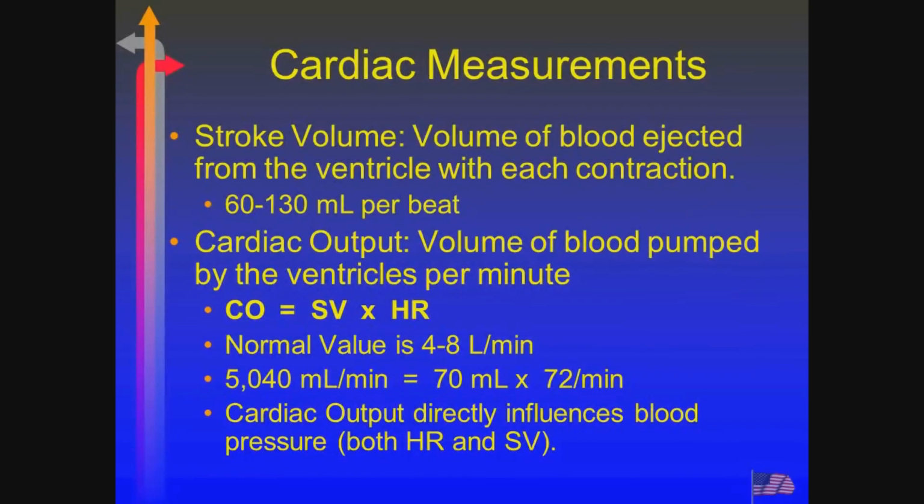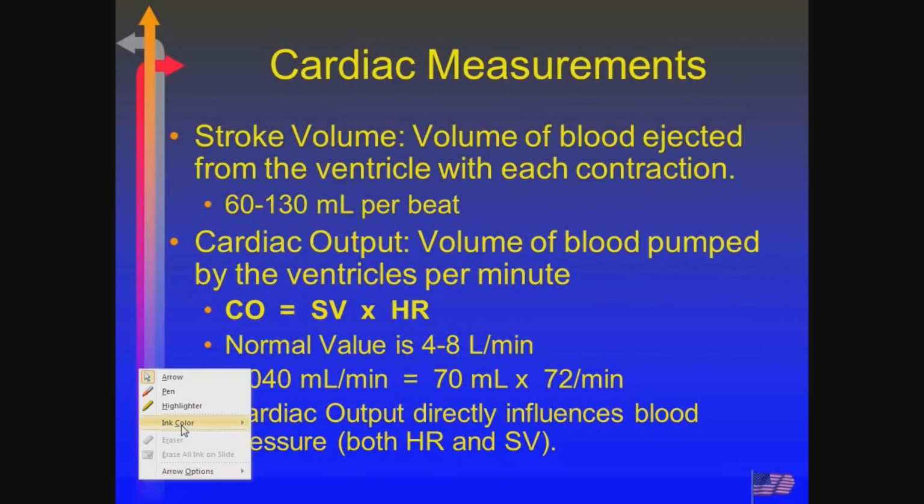You probably had some of this in A&P, when you were talking about the cardiovascular system. But let me start off with the cardiac output. The cardiac output is the volume of blood that is pumped around and around in a minute's period of time. It is the product of the stroke volume times the heart rate, where stroke volume is the volume of blood that is ejected from the ventricles with each